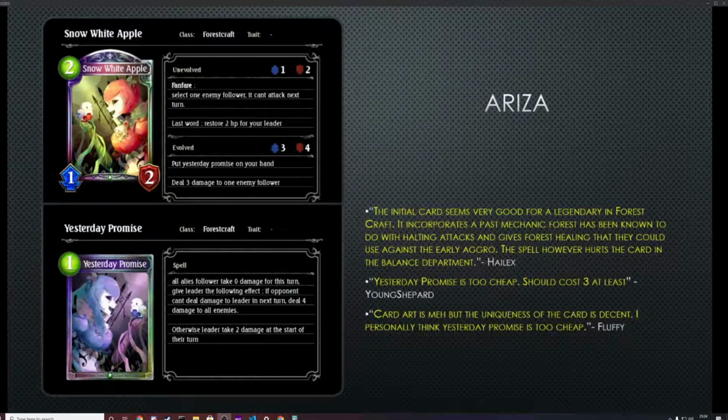All right. So next top rated card, Ariza. We have Snow White Apple, Forestcraft card, 2 cost, 1/2. Fanfare: Select 1 enemy follower. It can't attack next turn. Last word: Restore 2 HP to your leader. And then the evolved effect is put Yesterday Promise in your hand,